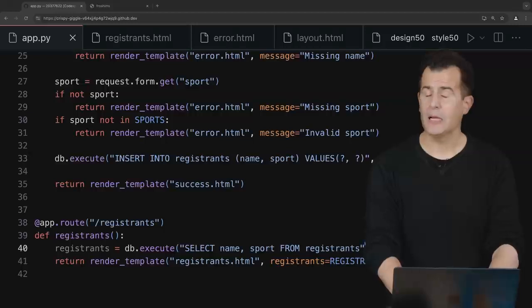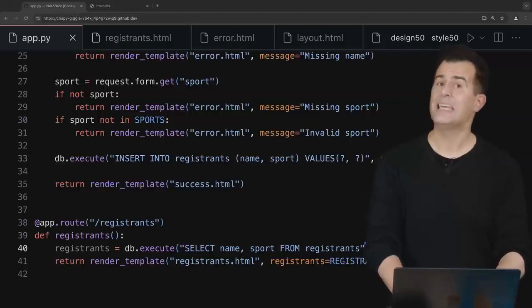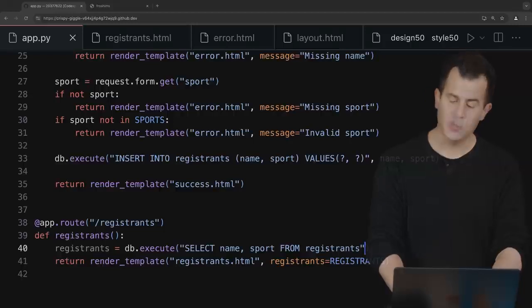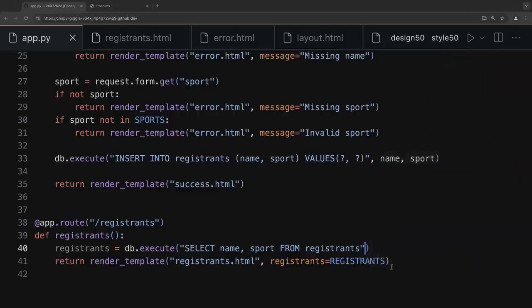That's going to hand me back a list of dictionaries, each of which itself represents a name value and a sport value. So if I now change this value from registrants in all caps to registrants lowercase, this is the variable being passed in the template. This is the value thereof. And I think if I go now into